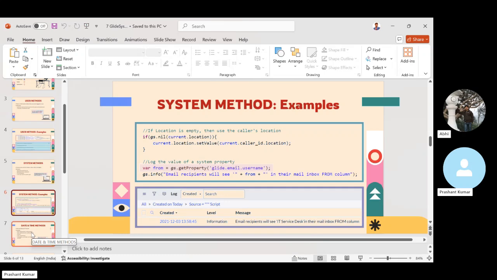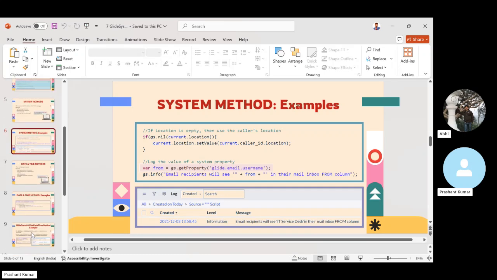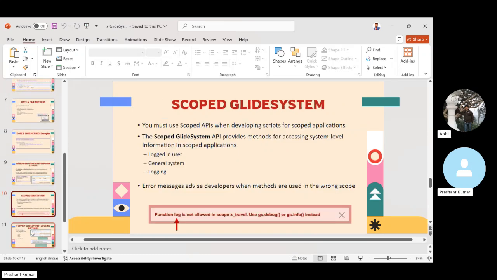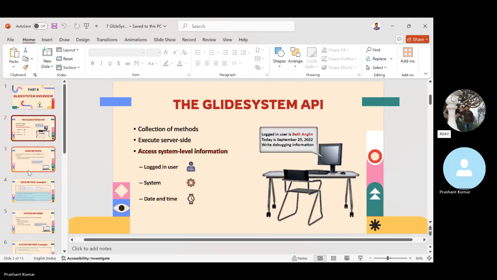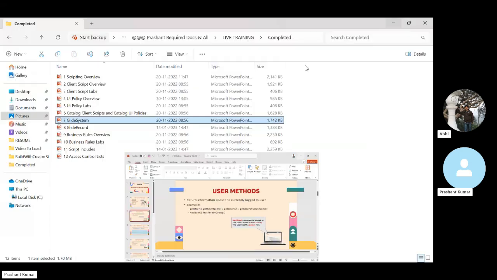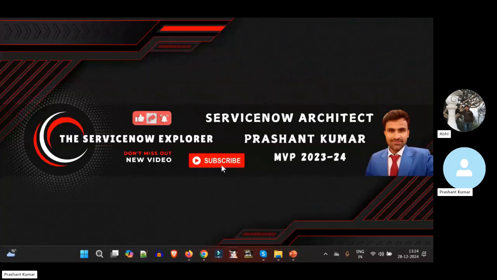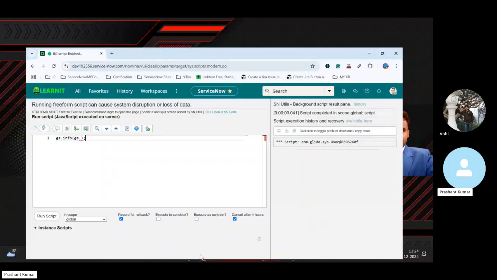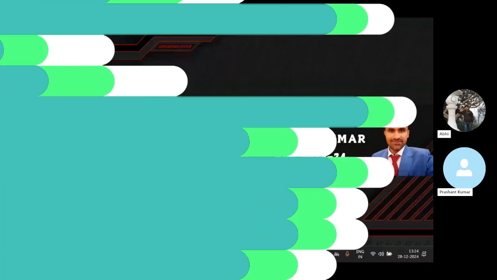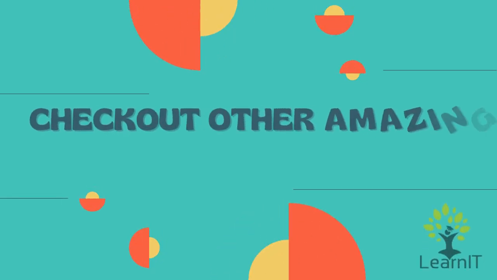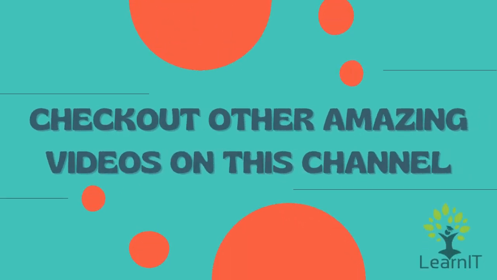It is not running on a specific record. It is just running as a backend server side script for testing purposes. So for all these things, do the practice, you will get a lot of methods, and then you will be in a much better condition to write server side scripts. Next, what I will